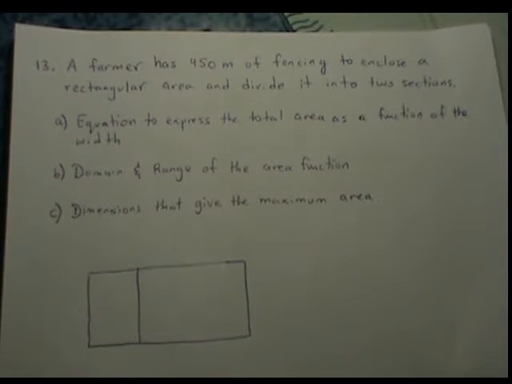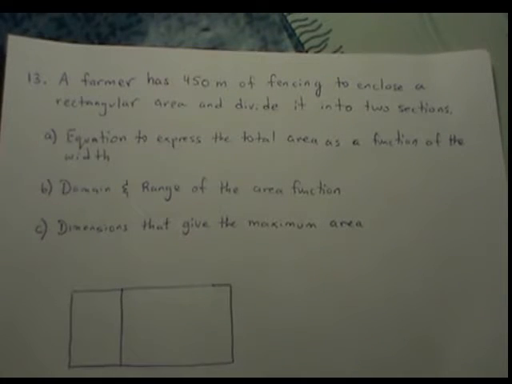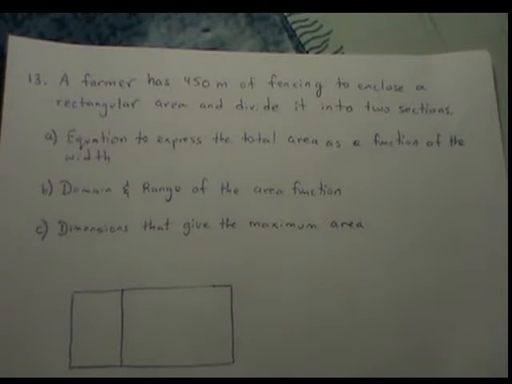So, hey guys, today we'll be looking at a grade 11 math problem. It deals with coming up with a function and optimization and the domain and range. So let's get started. It says a farmer has 450 meters of fencing to enclose a rectangular area, which is